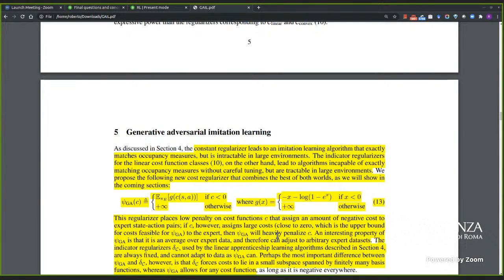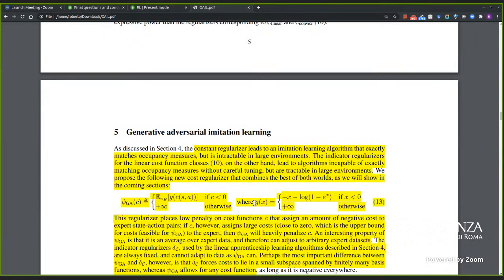And now they say, okay, if we can frame all these algorithms under the same mathematical framework, is there something that we can do by just replacing psi? And the answer is yes. So they replace psi as follows. So if C is negative, then they use this G function. We're going to look at that. Otherwise, an infinite